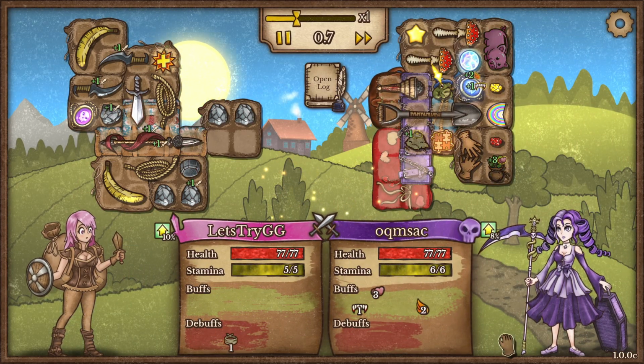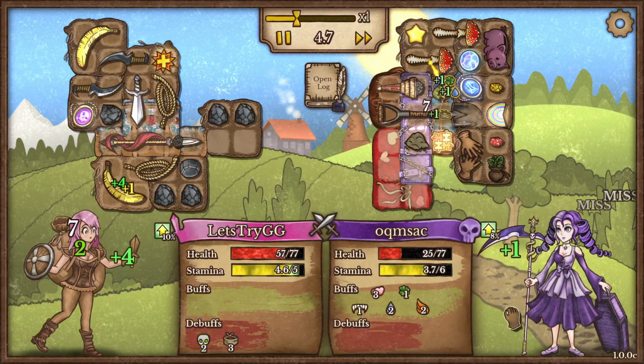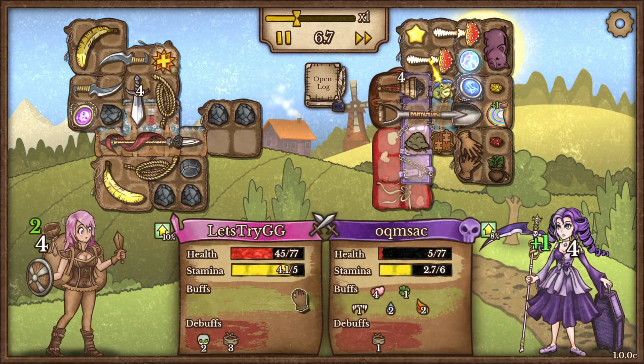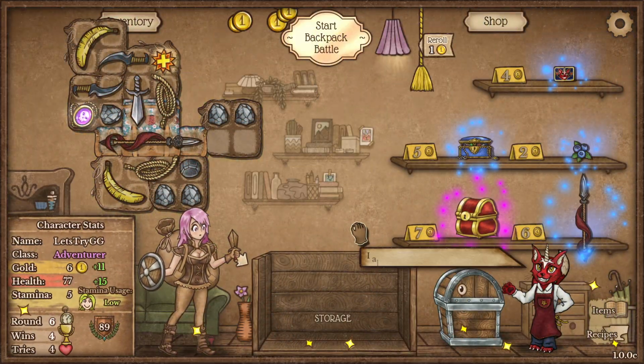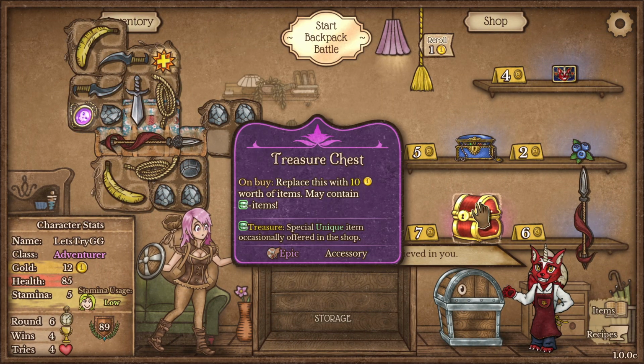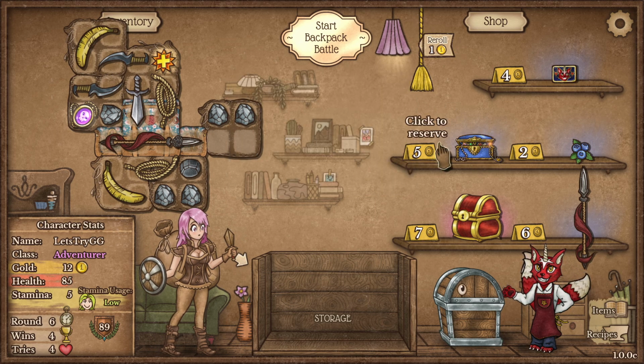Puzzle seems fun. Look at all that damage. I did miss a lot. If I could gain like 3 to 4 luck, that would be pretty amazing. This one. Treasure chest. Just seems fun. Gems. The reason to do the gem...